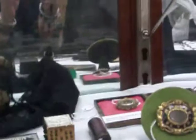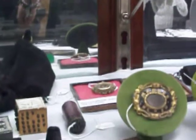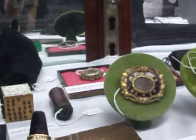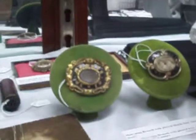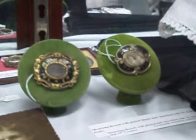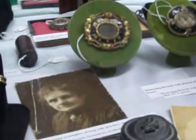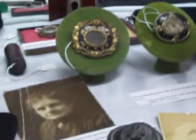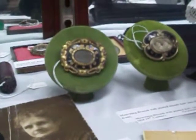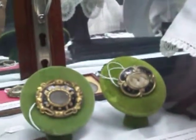Oh, and there were 3 mourning pin containers in the back. I missed one. See the round leather one? And then on the green display pieces, there's 2 mourning brooches. And in this photograph here, you can see a lady wearing a very similar brooch. The brooches are black enamel with gold, and they say in memory of around the outside. And then the one on the right is inscribed on the back,